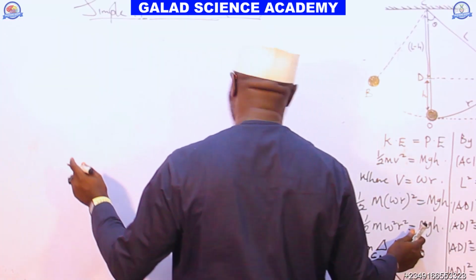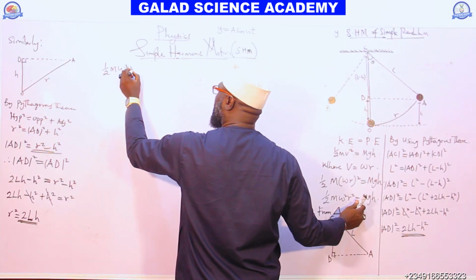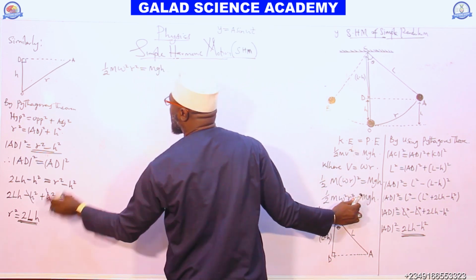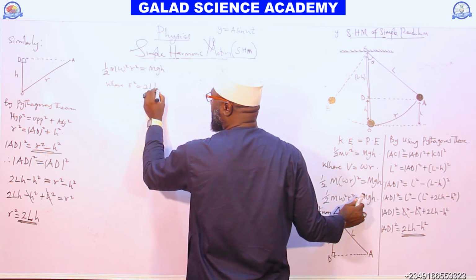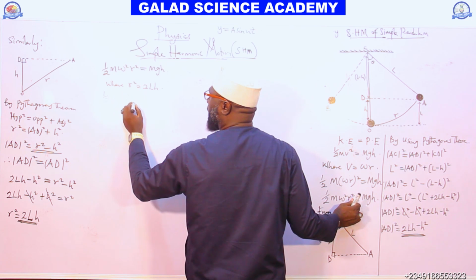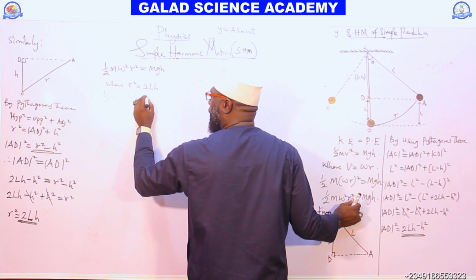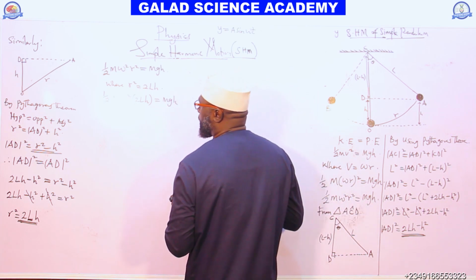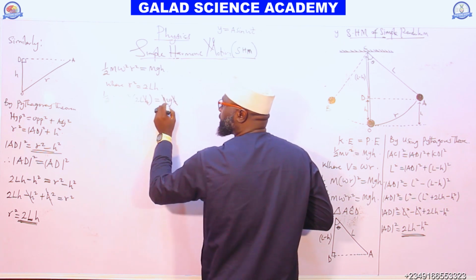From there, let us continue. We have half of M omega square R square equal to MGH. So what is our R square here? R square equal to 2LH. Let us put it here. We have half of mass omega square R square, which is now 2LH, equal to MGH. Yes, here now. This H cancel this H. This M cancel this M. We are left with